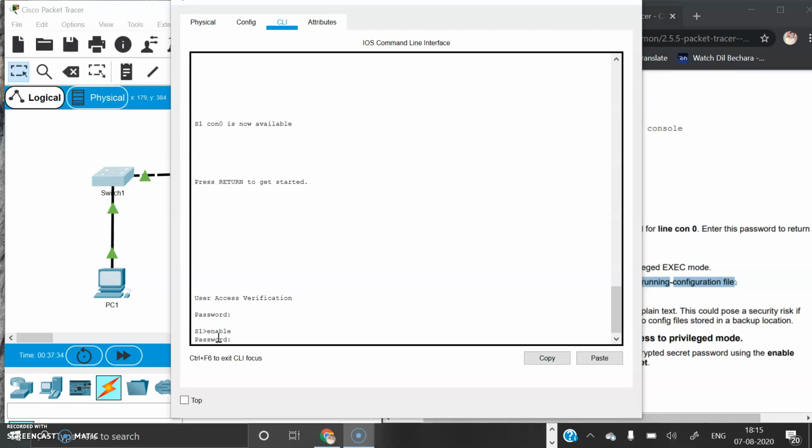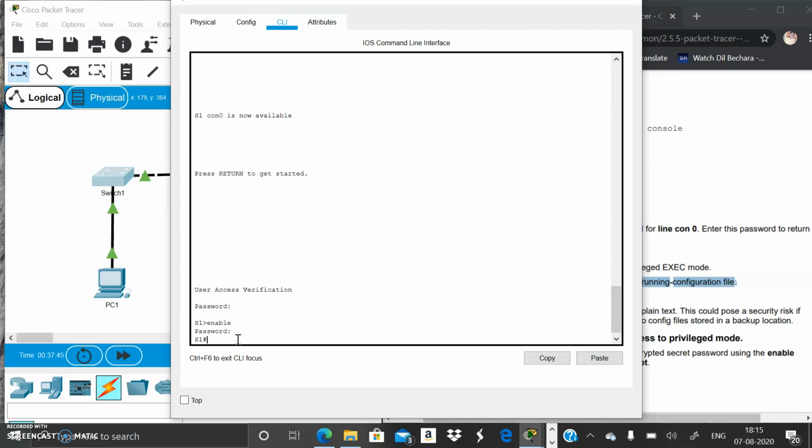He asked me the password now. The password we have secured to the privileged exec mode is C1$C0, right? Now we have entered into the privileged exec mode. Next, enter show running config to verify all these.